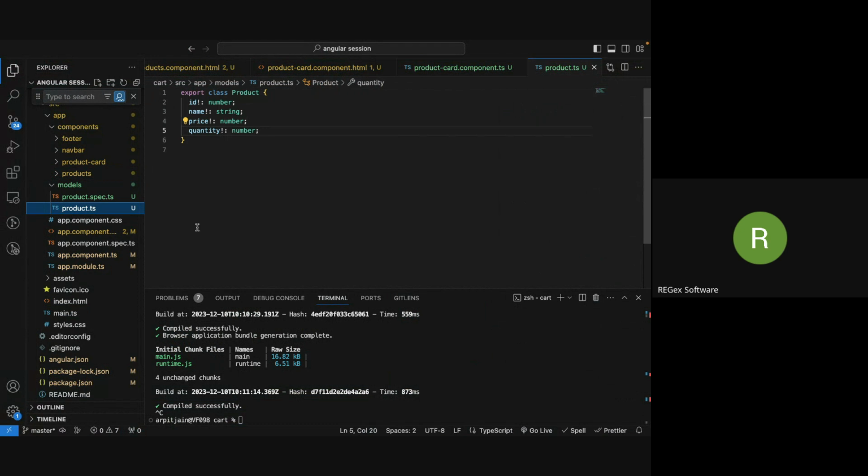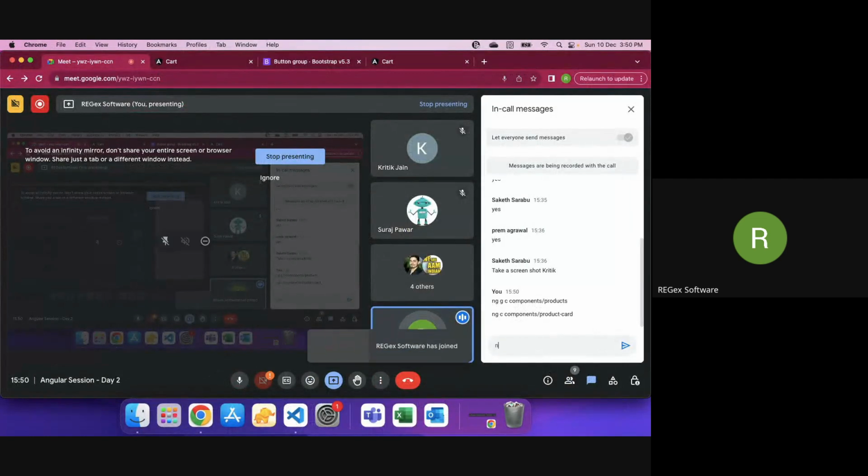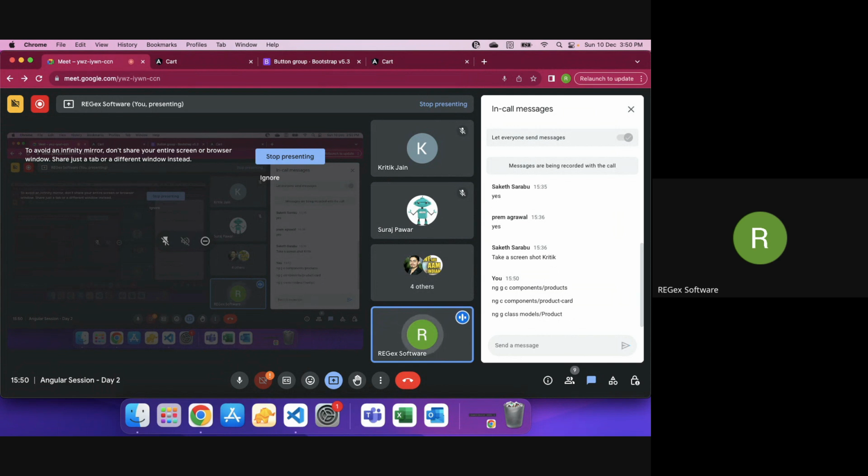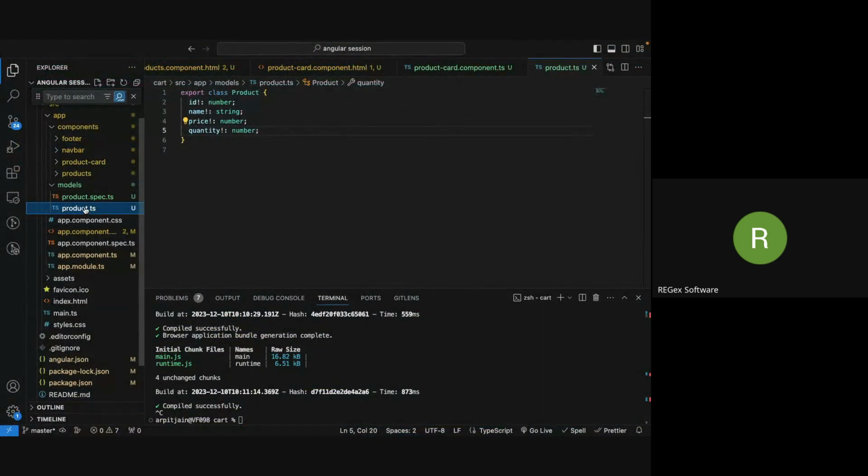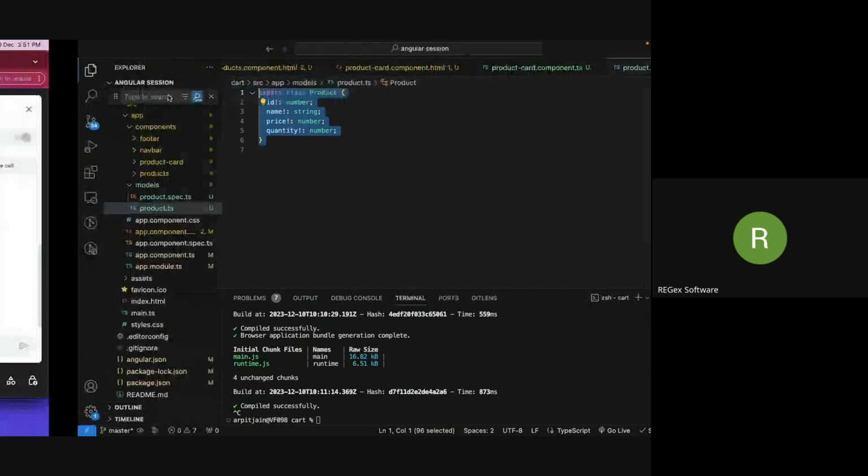For that we have a command called ng g class, and then I want a new folder called models. Inside that I want to create this model, so I will say models slash product. It will generate one more file in the models folder called product.ts. In the product.ts, we have generated a class